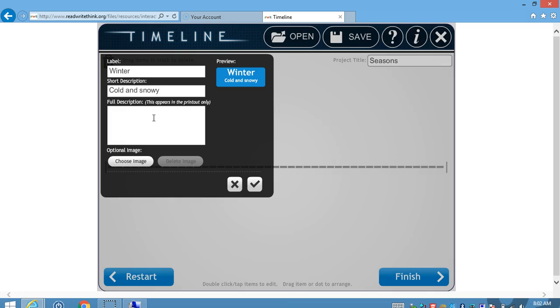But the long description will only appear in the other format. As it said here, it appears in the printout only. So this means that you may add a long description now, just know that nothing will appear on the format that we are editing out here. It will only appear in the other one, which you will see at the end. For this element though, I will add a long description just to simply clarify and further explain the label that I'm working with. So we'll just say